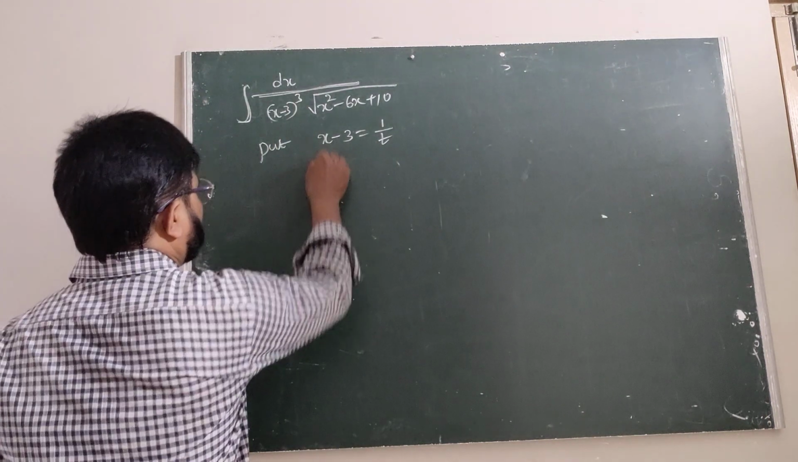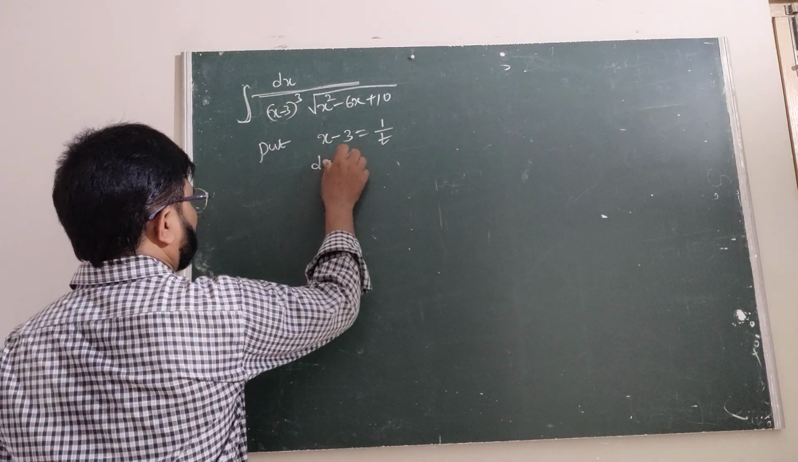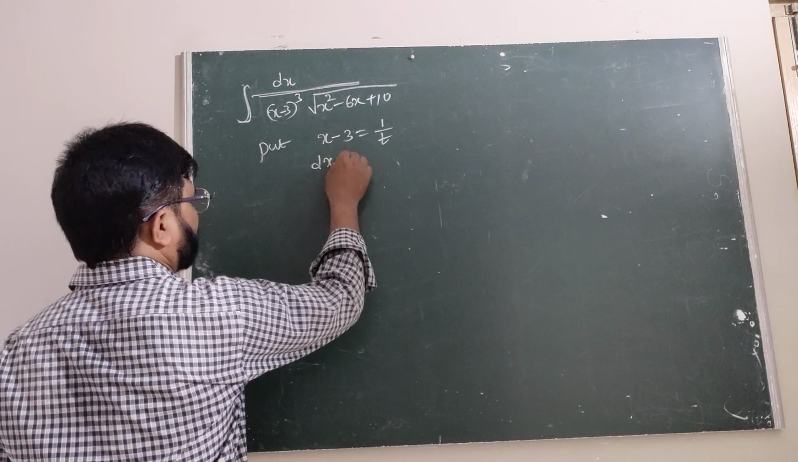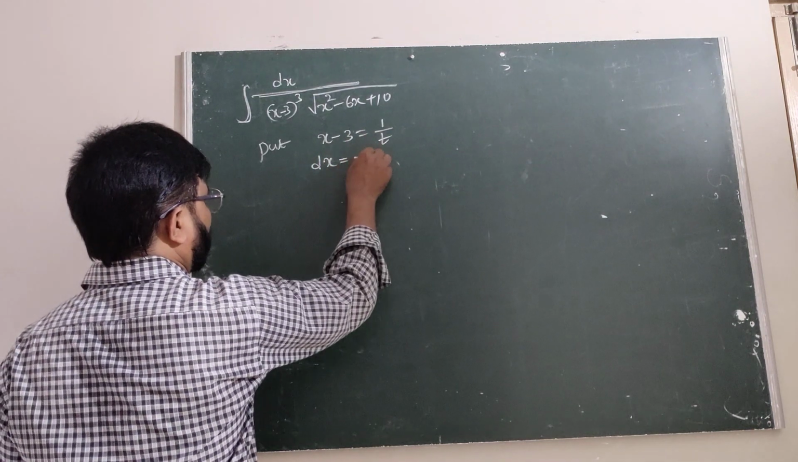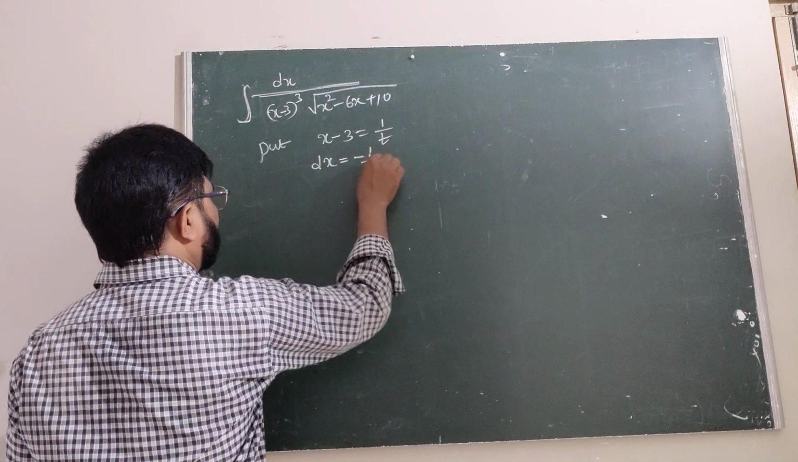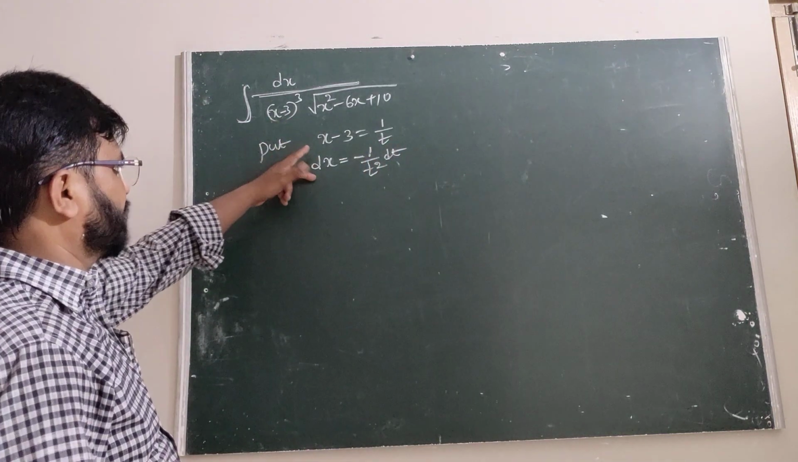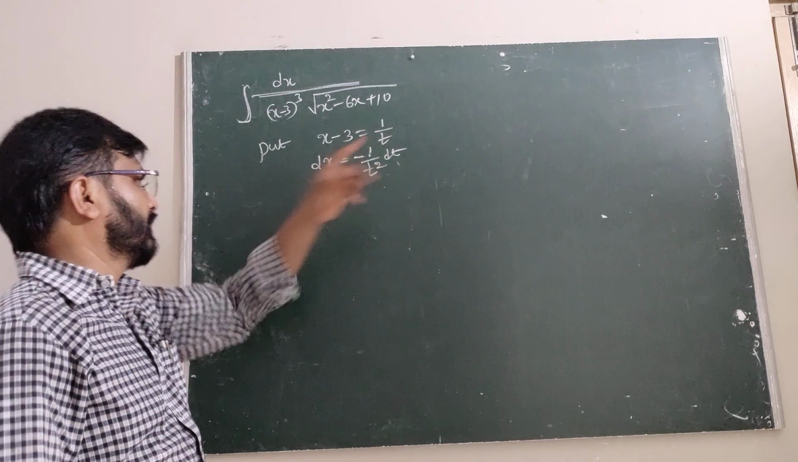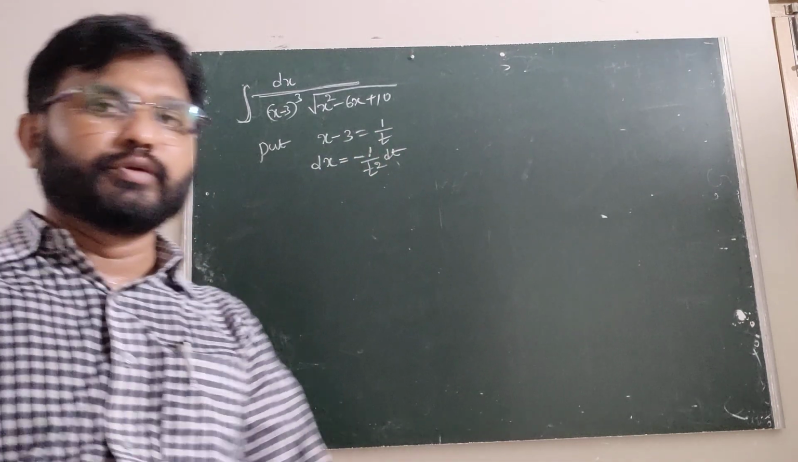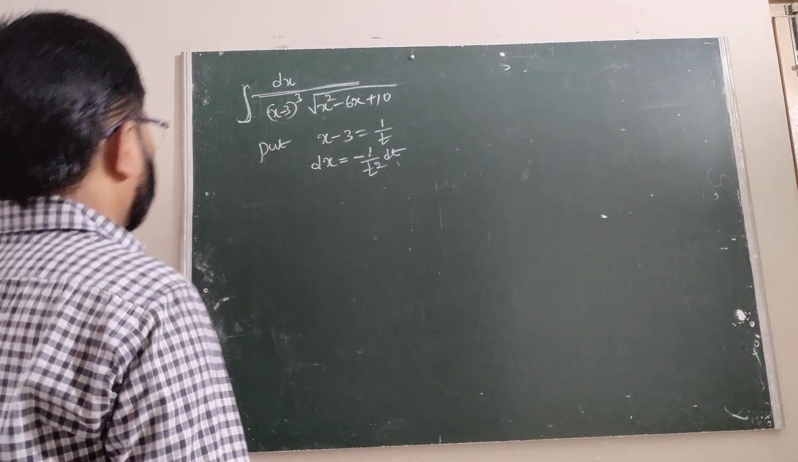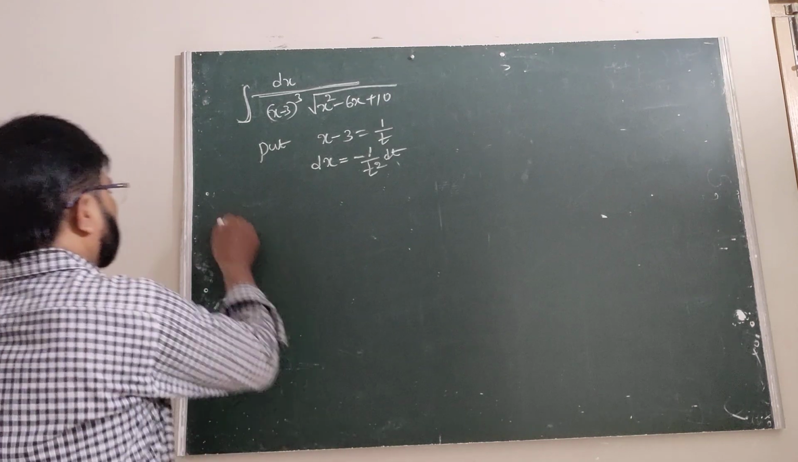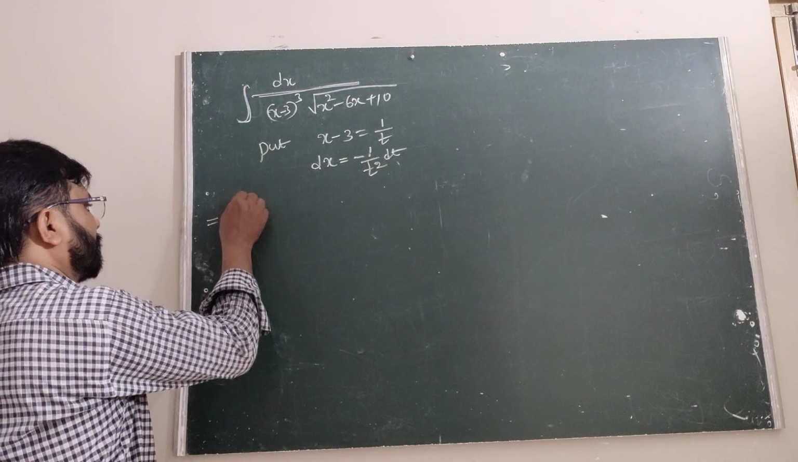The derivative of x is dx. The derivative of 1 by t is minus 1 by t square into dt. Therefore, now we can write here the integral